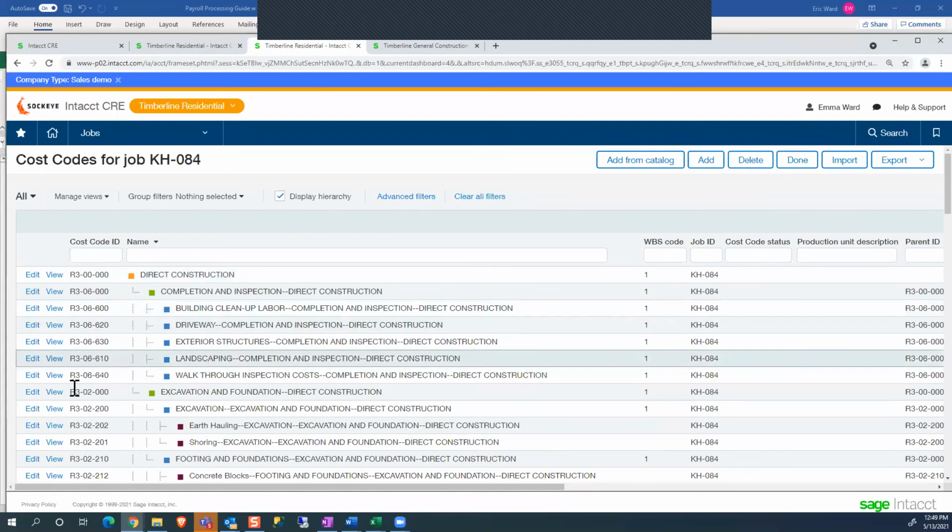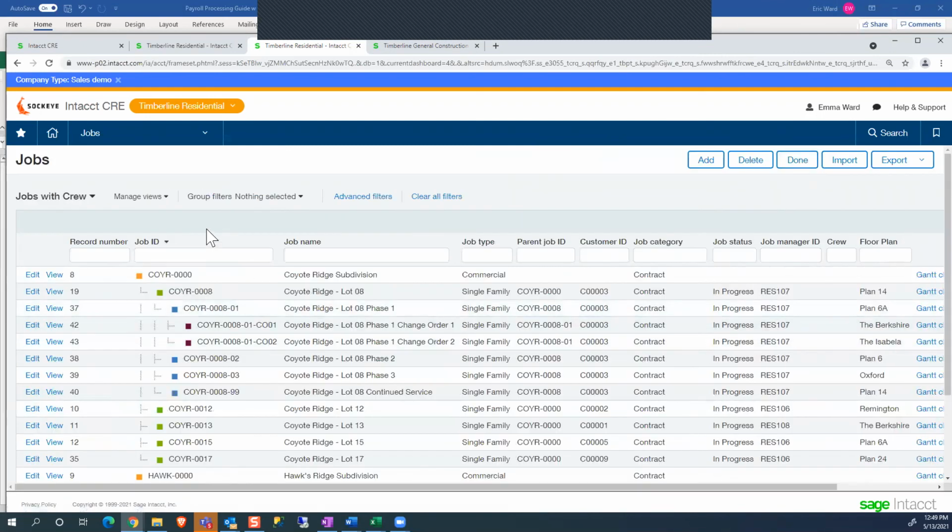So we can set those up and then assign those to individual projects. Furthermore, if we wanted to make a custom cost code for one specific project, that's easy to do as well. And then finally, the payroll. Intacct has the ability right now to record timesheets and then work with different payroll providers that would run payroll and track all of those costs by project.